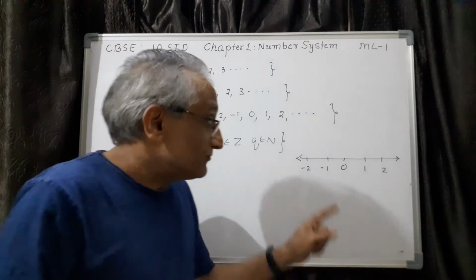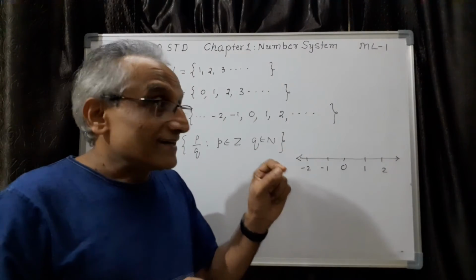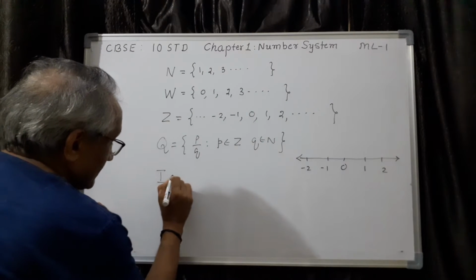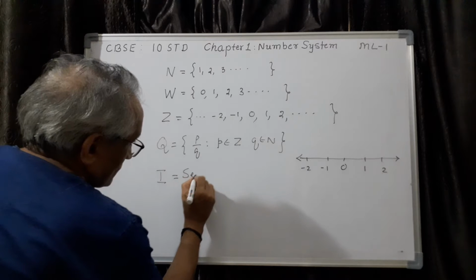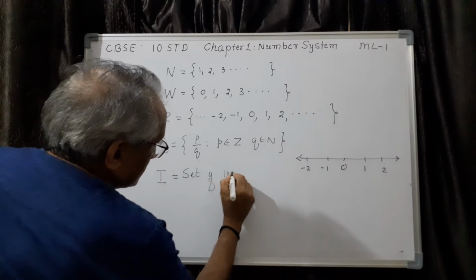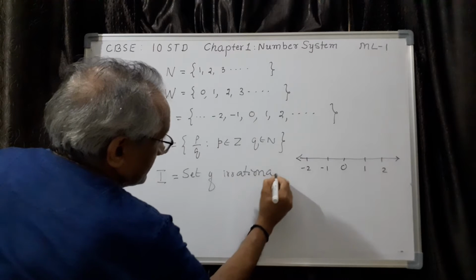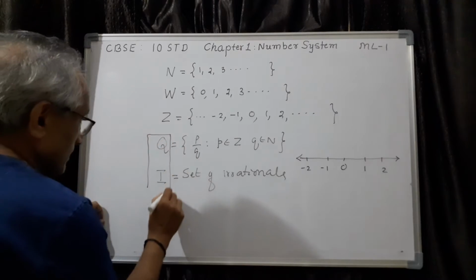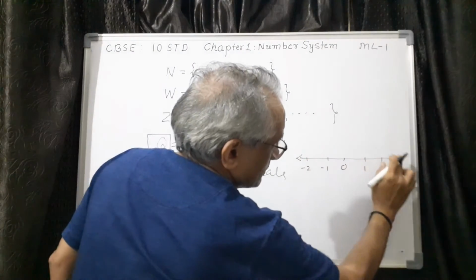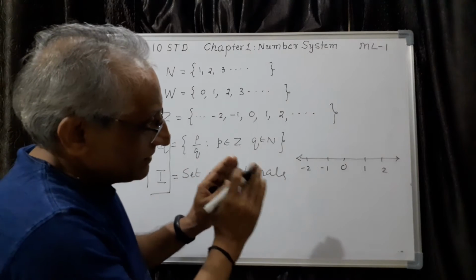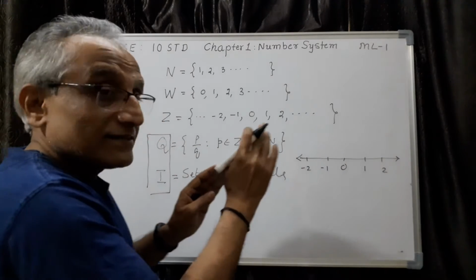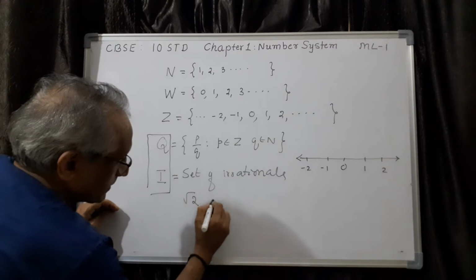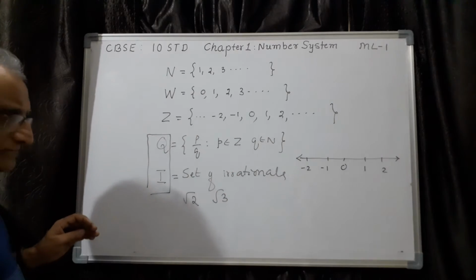And all the points here you can fill. But even if you fill all the points, you know that there are some gaps left out. And those gaps are filled by another type of number. This is called the set of irrationals. Then what we did was, we combined these two sets, both rational and irrational. For example, here we are filling all the points. Some points are filled by rational numbers. The remaining points are filled by irrational numbers. Irrational number means, for example, you can take root 2, then root 3, etc.